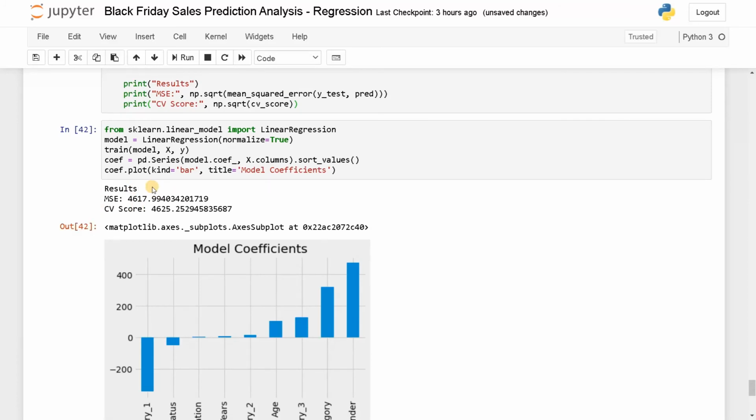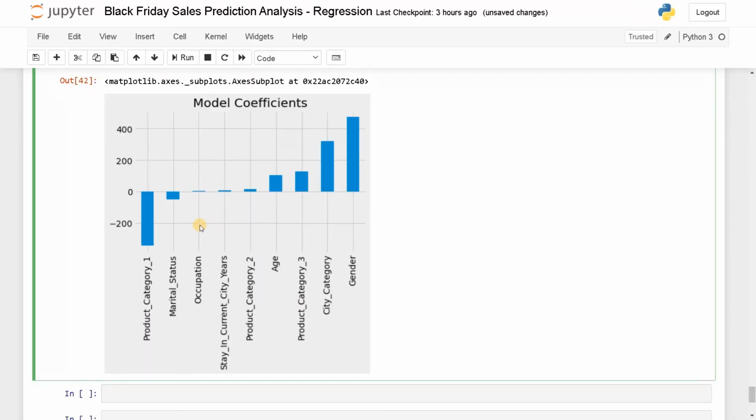Now we have some values here. We have MSE as 4617. I think that is a reasonable amount based on this basic model we have, that is linear regression. Let's see the features. As a positive feature, we have gender, city category, and product category. In the negative terms, we have product category 1 and marital status. If you use Ridge and Lasso, they will display the model categories maybe further. It will neglect these small categories. That's the advantage of using Ridge or Lasso. If you want, you can also use those models. I'll just go to the tree models directly.